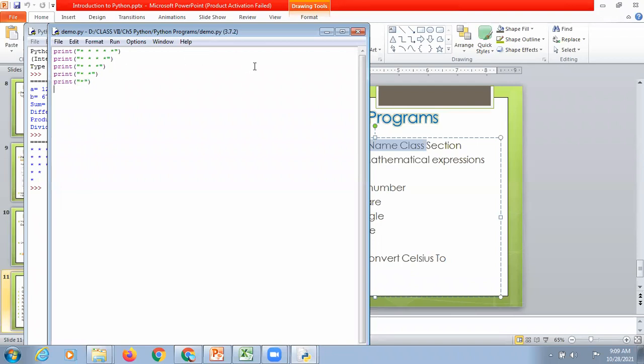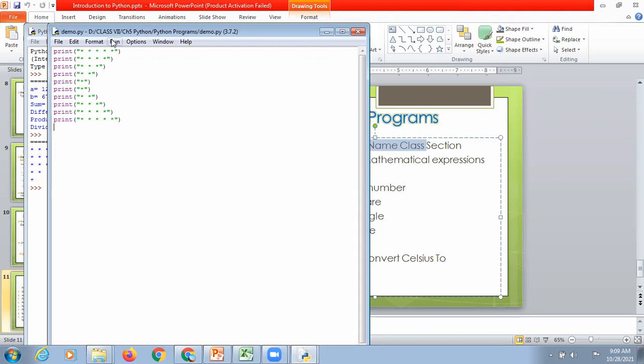Below this, these commands only. Paste, copy, paste. Now 3 stars, copy, paste. Now 4 stars, copy, paste, and now 5 stars, copy, paste.